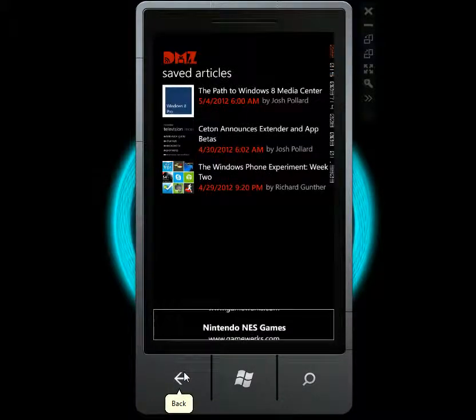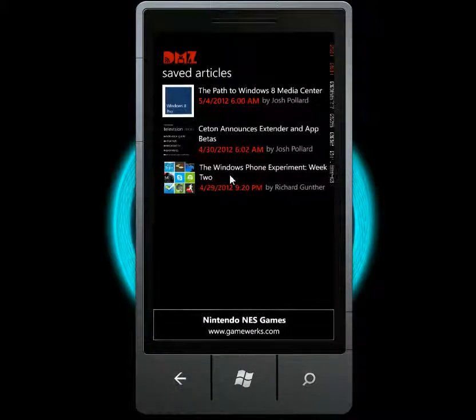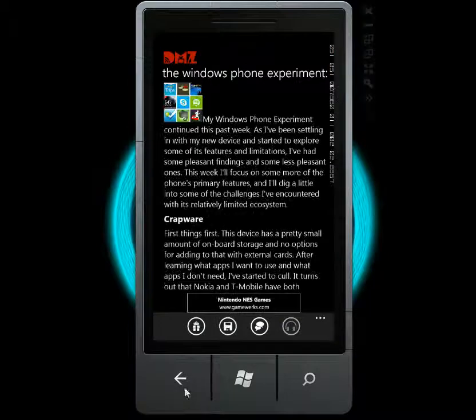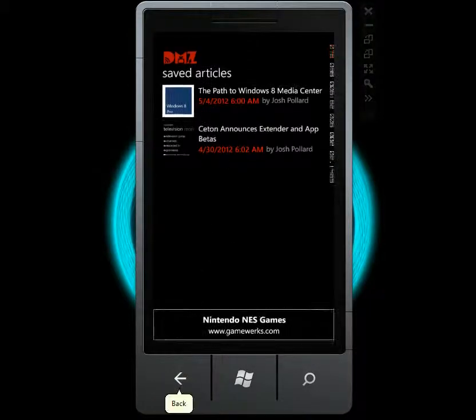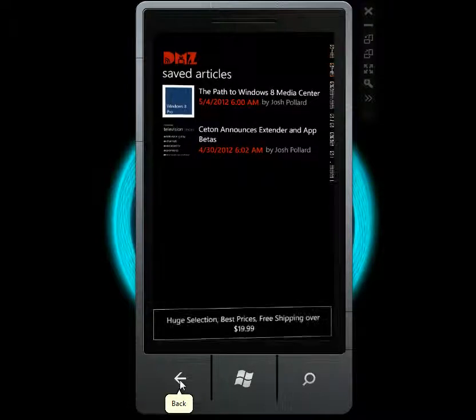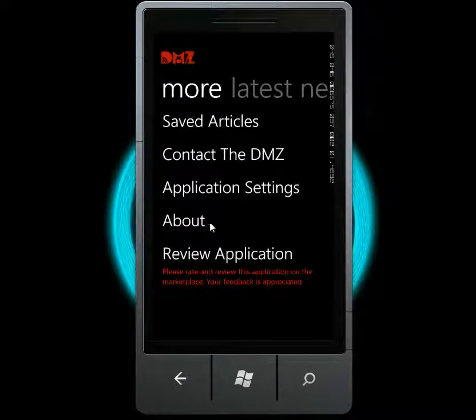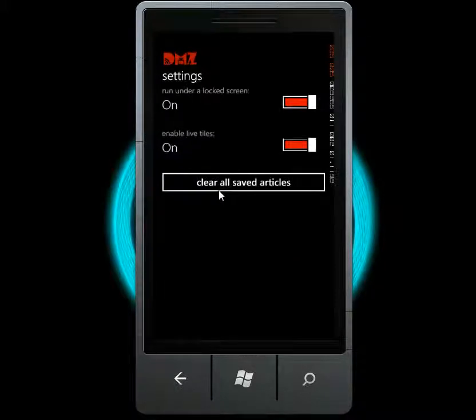So the new sharing, the new saved articles, and if you go back in here and just say delete, for instance, it won't show up here anymore. So that's kind of cool if you wanted some how-tos and things like that as well. But some new things are in the application settings. So if you go ahead and jump into there, there's two brand new things. One is the live tile support, which you can turn on and off here. And if you turn it on, then if you pin the DMZ app to your home screen, you'll actually get